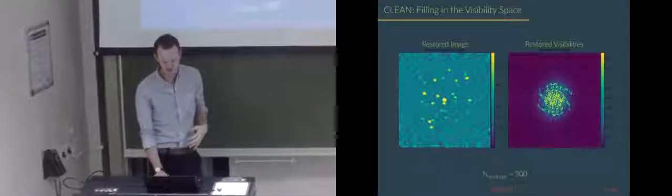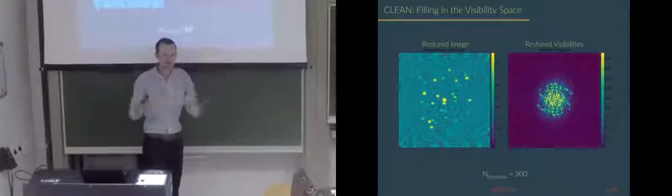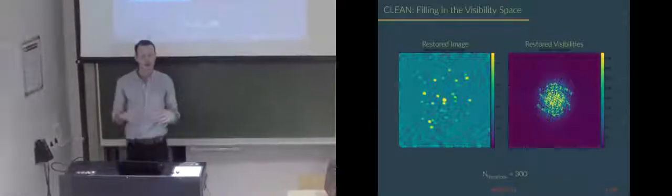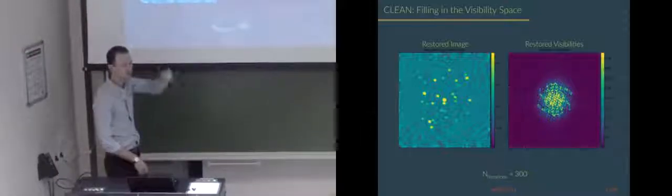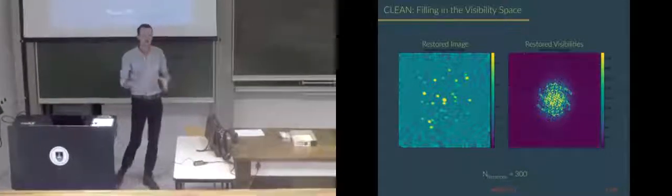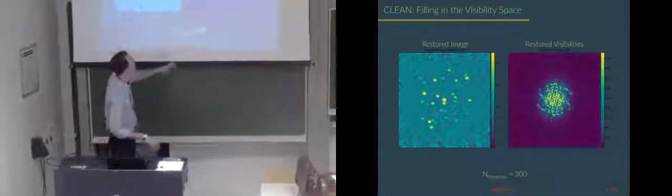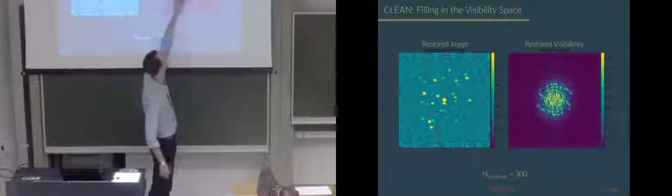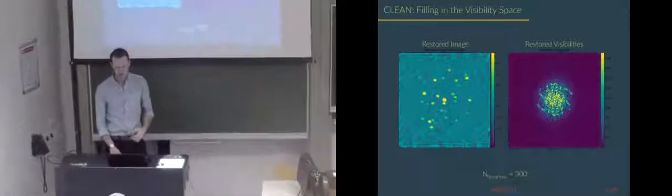And as we dig deeper, at 300 iterations, you really start to see a lot of that sampling function structure disappear. It's only a Gaussian response left. And this is how we end up with our nice image: we've removed most of that PSF, most of the sampling function, and filled in our UV gaps in a smooth way. And the scale of this Gaussian function has to do with the scale of our array resolution.